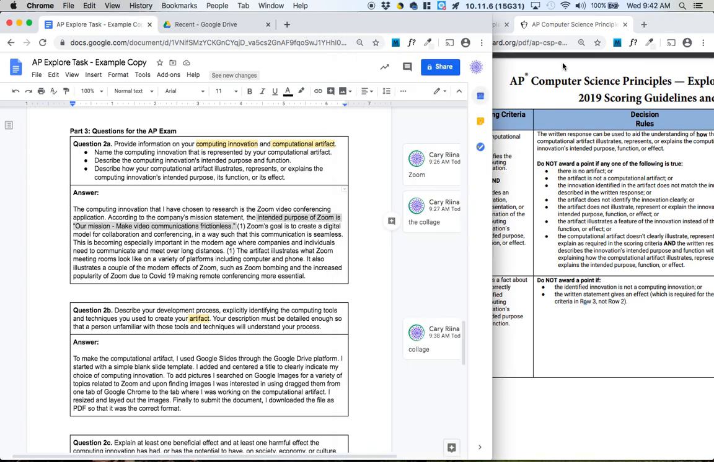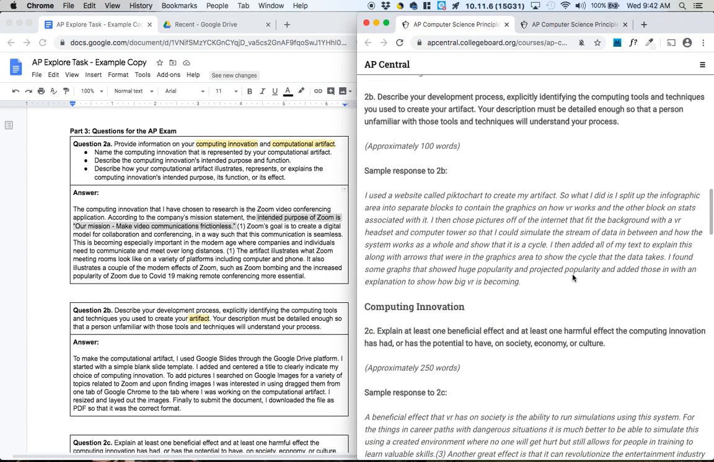But if we compare our answer to the example answer here, for 2B it says, I used a website called Piktochart to create my artifact. So what I did is I split up the infographic area into separate blocks to contain the graphics on how VR works and the other blocks on stats associated with it. I then chose pictures off the internet that fit the background with a VR headset and computing tower so that I could simulate the stream of data in between and how the system works as a whole